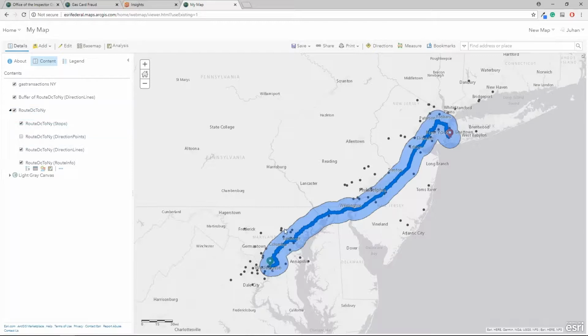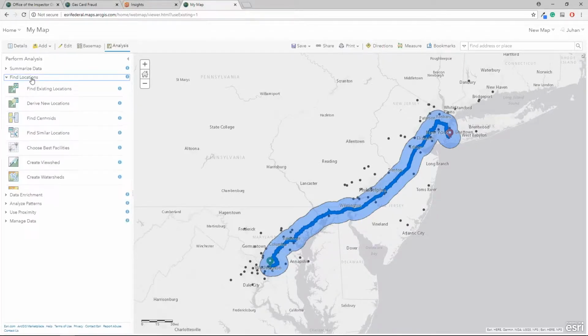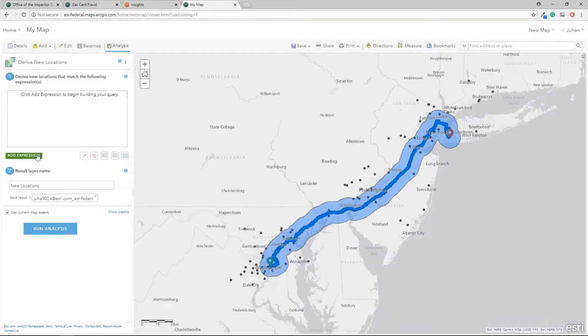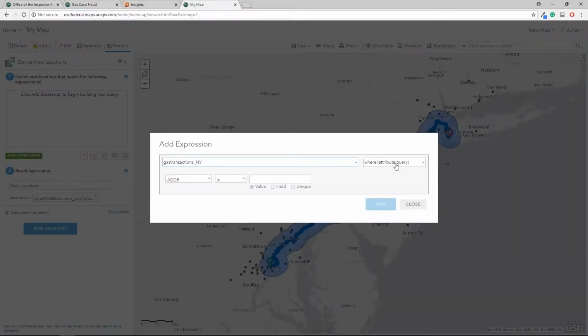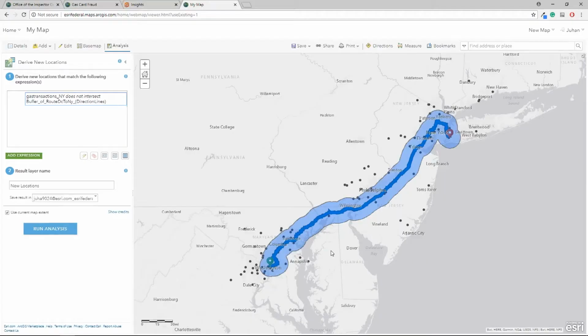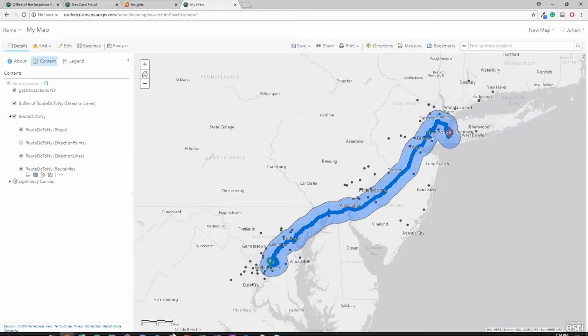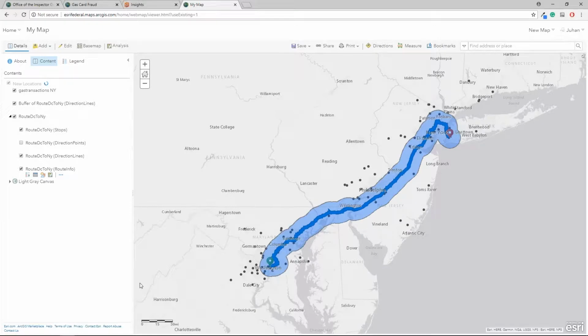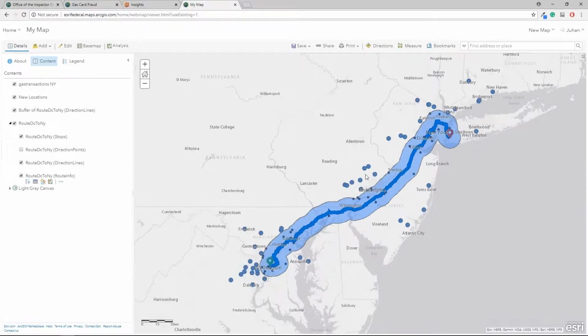So the next step was selecting the points that are outside of this 10-mile buffer. So all I have to do is go back to Analysis, find locations, and derive new locations. As my expression, I would like to find the gas stations that do not intersect with our 10-mile buffer layer. Now if I run the tool, these blue points are now my points of interest. So I'll turn off the route, the buffer,